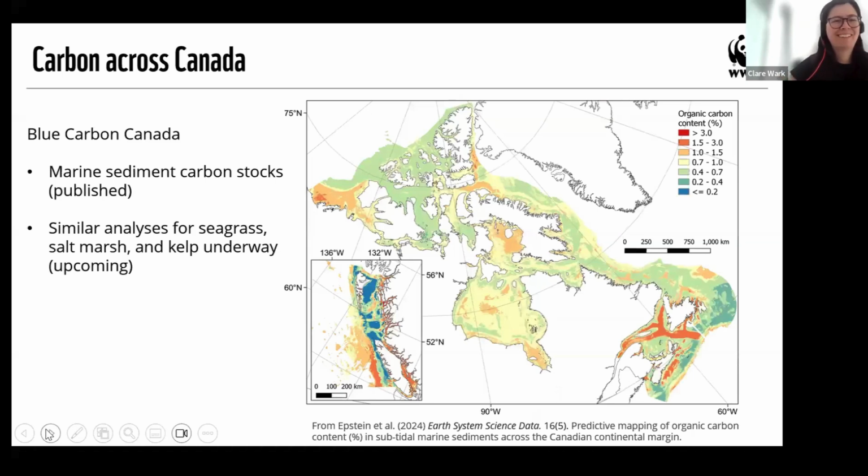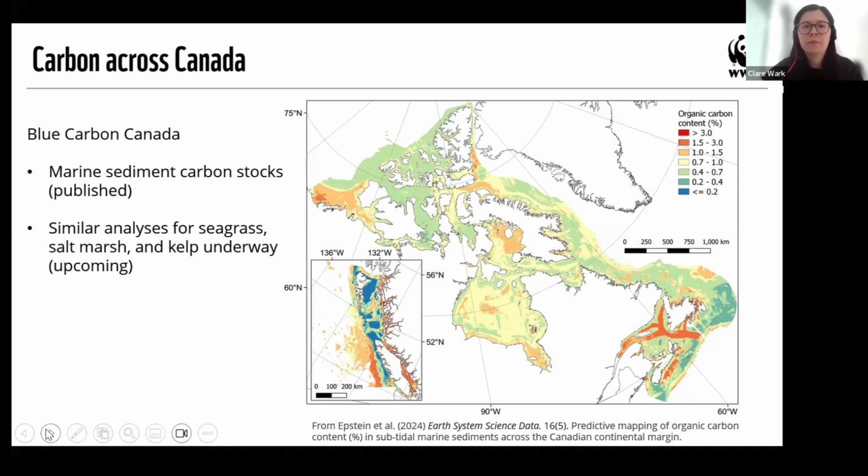Next slide. Perfect. So there's currently no comprehensive Canada-wide estimate of blue carbon stocks. However, there are several notable papers with estimates that have been published or are nearing being published through Blue Carbon Canada. This includes a paper on carbon stocks in marine sediments. So the map shown on the right is pulled from that paper, and it shows the percent organic carbon content specifically in subtidal areas. So you can take a look there at the legend and the represented distribution